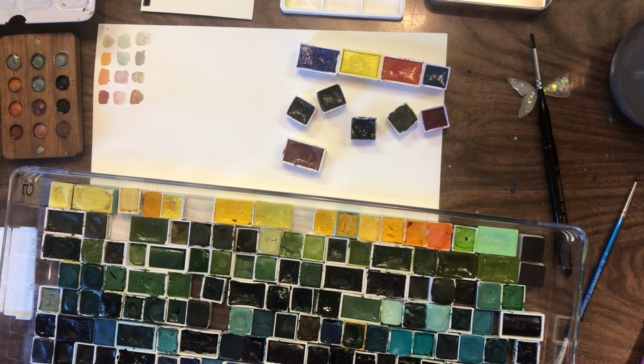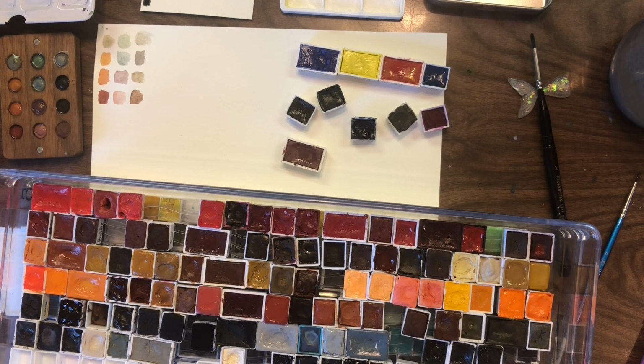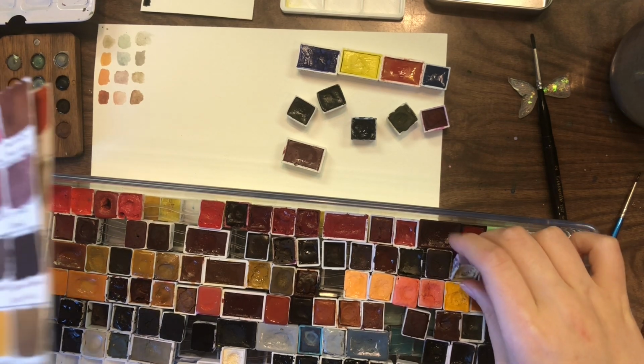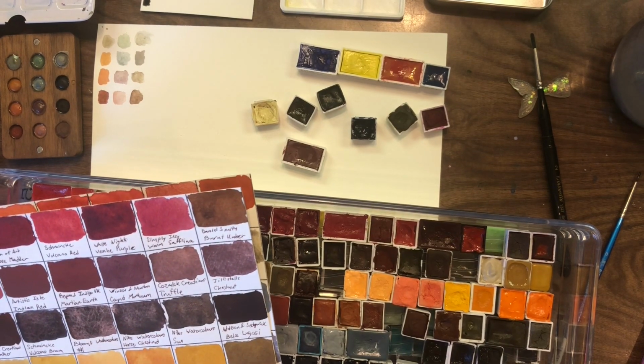I want that red. Do I want a darker red? Do I want a brown? I want into this palette. Okay, I definitely want buff titanium. Oh, I've got it in tube though, so I want Naples yellow. And I want